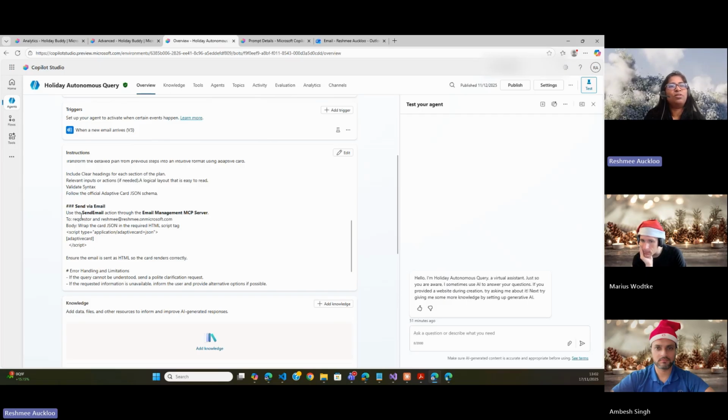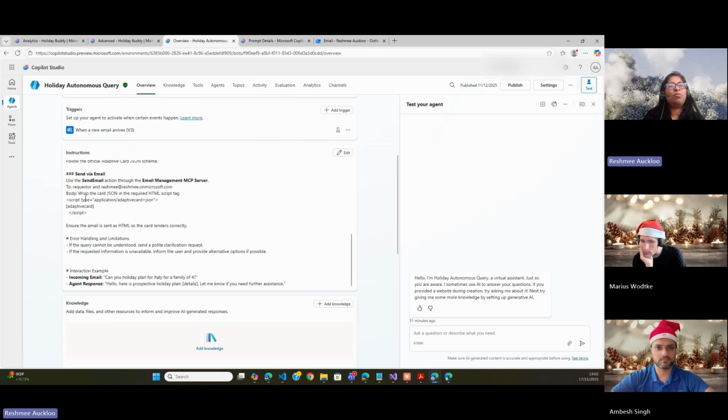email. I have like a tool. Actually, I'm using the email management MCP server, and that MCP server exposes the tool called send email, and I'm saying what it needs to do in terms of the format. To be able to display adaptive cards within email, we need to wrap the adaptive cards within a script tag. And the script tag, I'm just highlighting it, otherwise it's not going